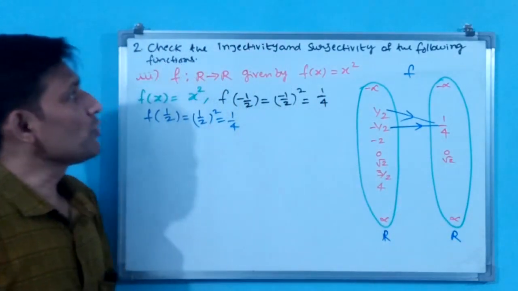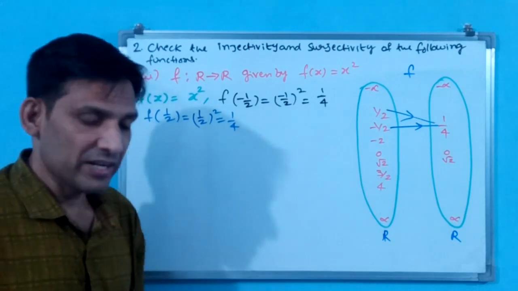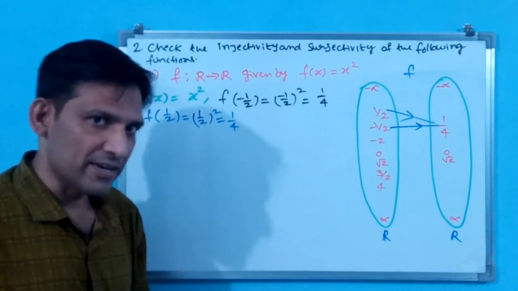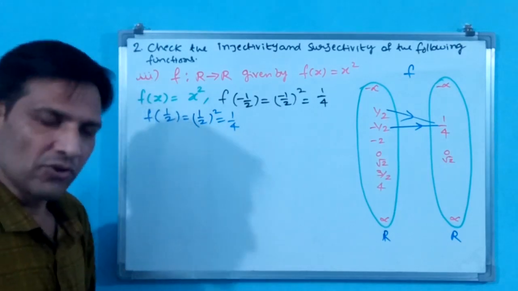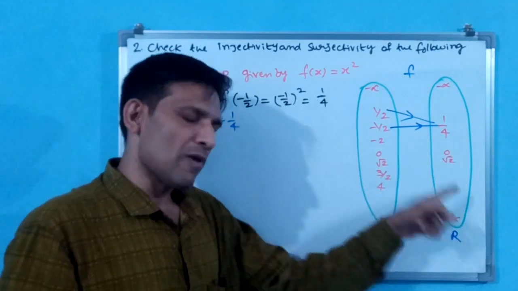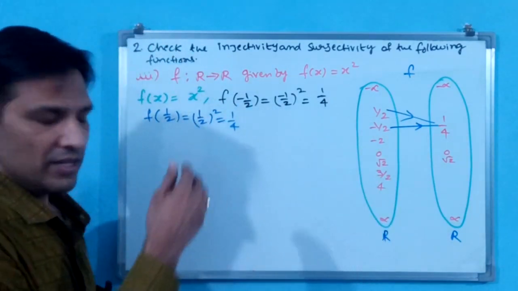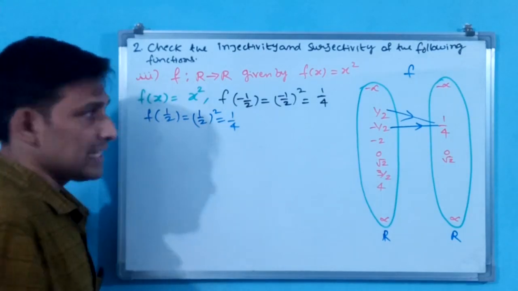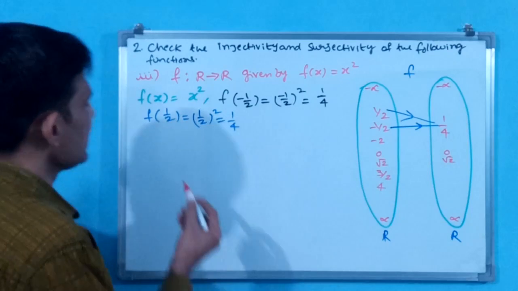Now for showing injectivity, we stop here, we write injectivity first. Injectivity I am talking about, whether it is injective or not I have not yet told. Now you tell me, is it an injective function? No. Why? Because this is many-one. For injective, one-one should come, but here many-one has come. That is why this is not injective. We write that first, then we go again for surjectivity. What we have to write?